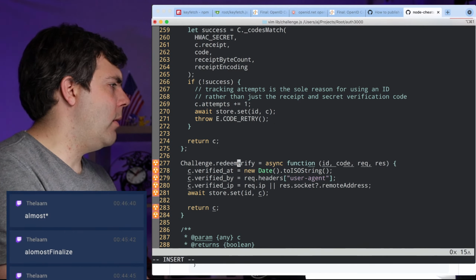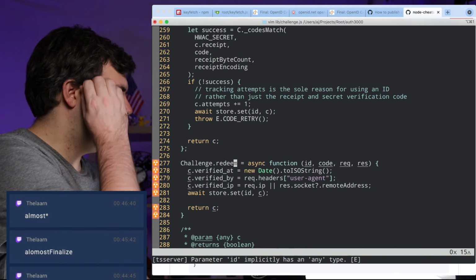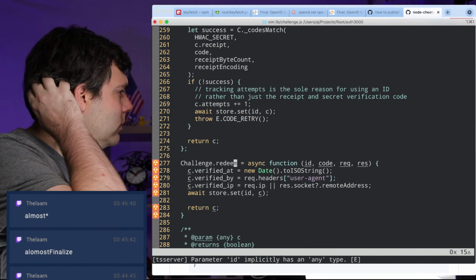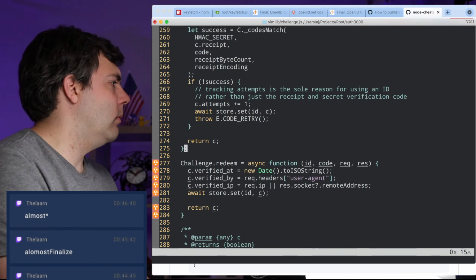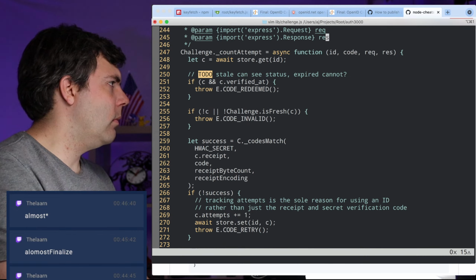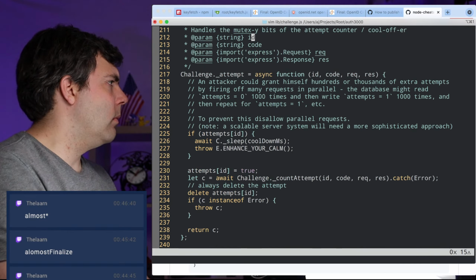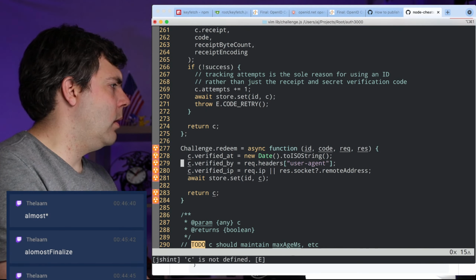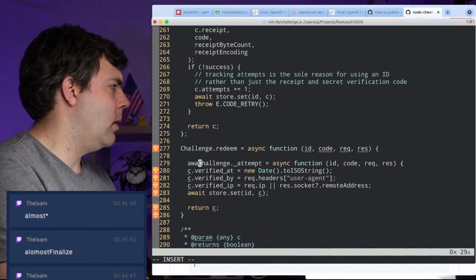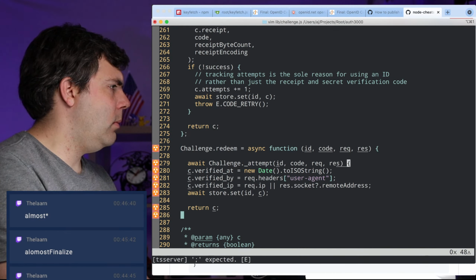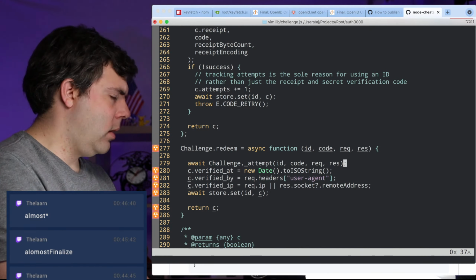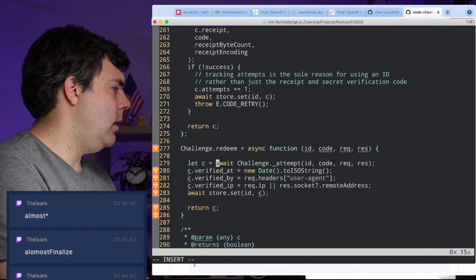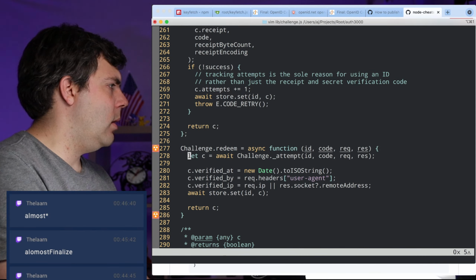So this is going to be my redeem function. I'm going to do let C equals await attempt.